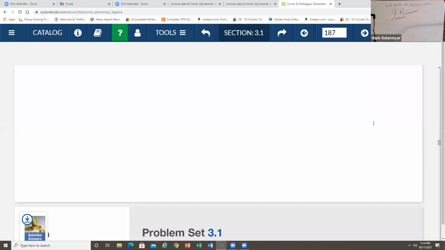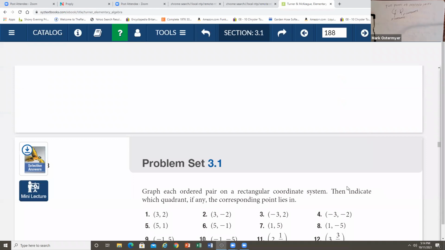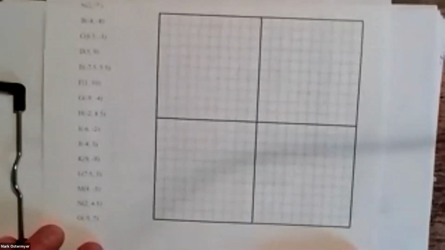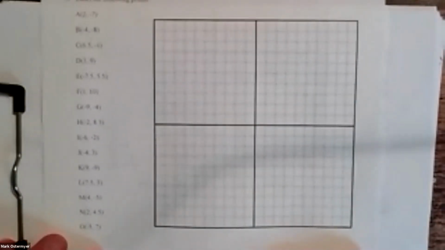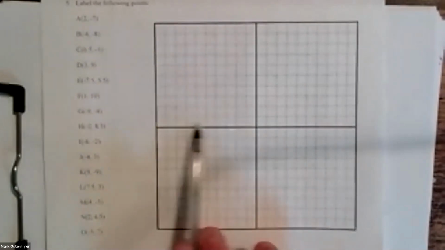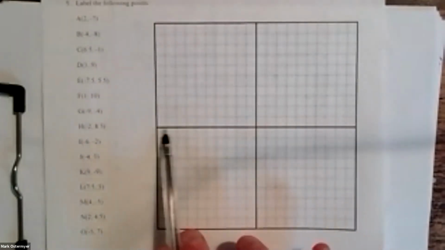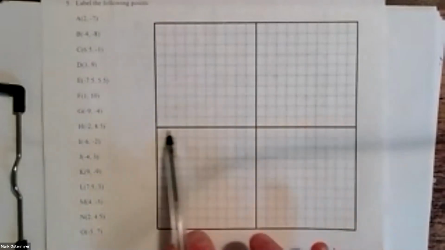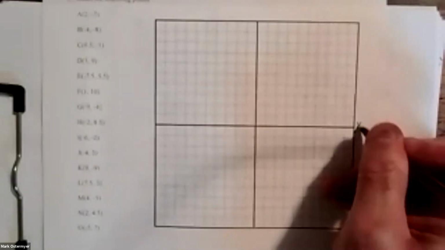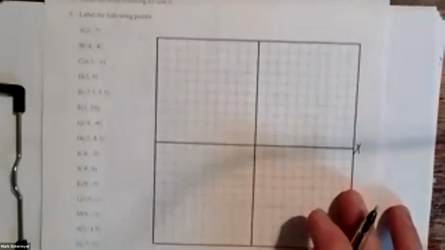All right. So plotting points, ladies and gentlemen. Let's see if we can go over another one here. Here's the XY plane. And they want us to do a couple things with this. First of all, they want us to label the axes. So the horizontal axis is oftentimes referred to as what axis? X. The x-axis. And the vertical axis is normally referred to as the